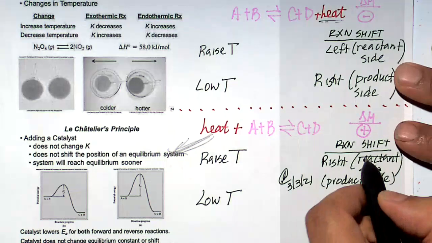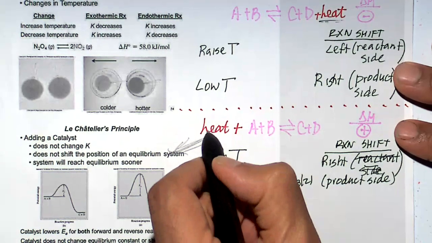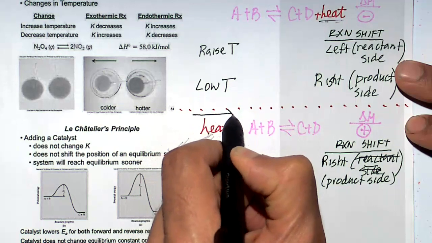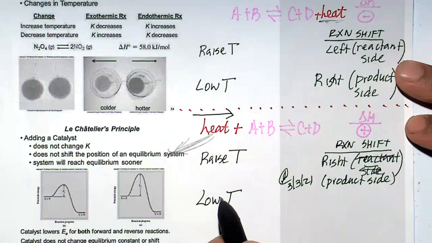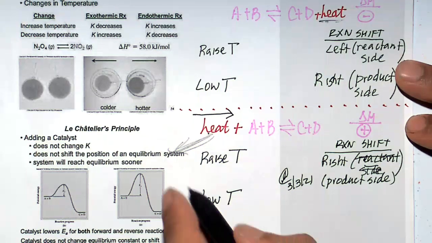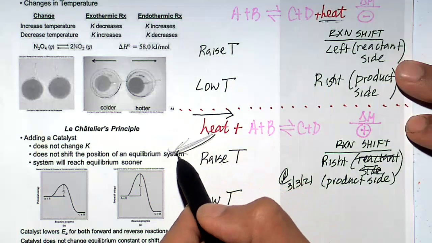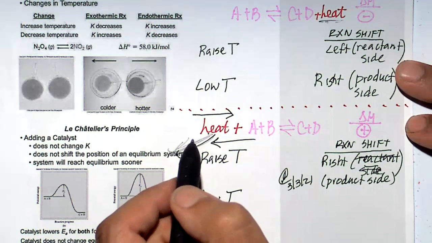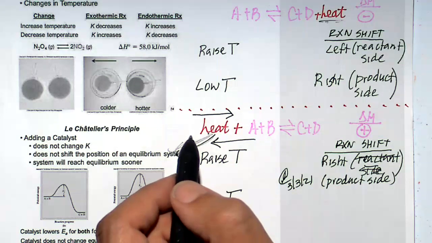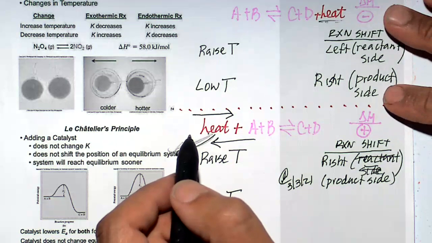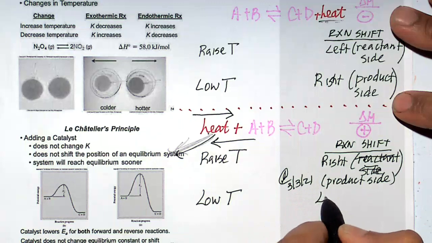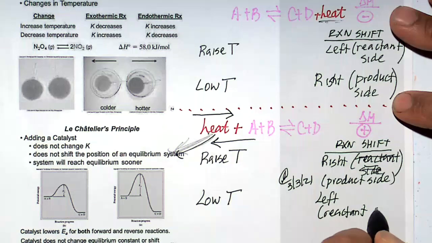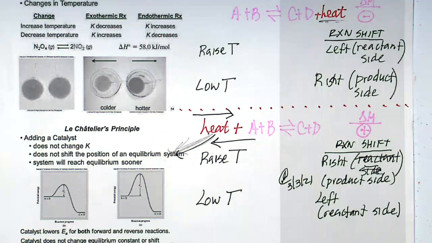It's a crucial mistake I made, right? Okay, raise temperature for an endothermic reaction, it's going to shift this way. If I lower temperature for an endothermic reaction, lowering the temperature removes the heat, so the reaction will shift that way towards the left. Does this make sense? I'm looking for nods. Okay, I see nods. It's going to shift left towards the reactant side. Remember, it does the opposite.